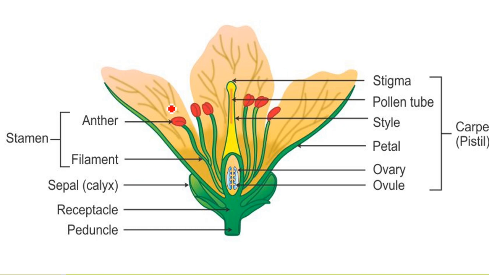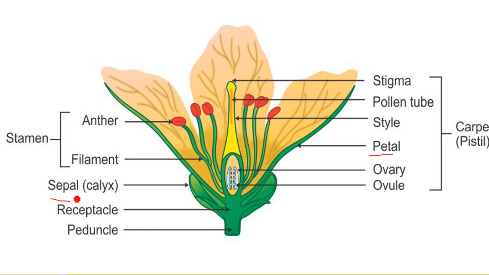The colored part, you can observe these are petals, okay, and they are of different colors: red, white, purple, blue. There are so many colors in flowers, so these are called petals. Then if we talk about the green colored portion, that covers the flower in bud condition, and once the flower blossoms or blooms, after this it is at the bottom of the flower. These are called sepals. These are 5 in number.